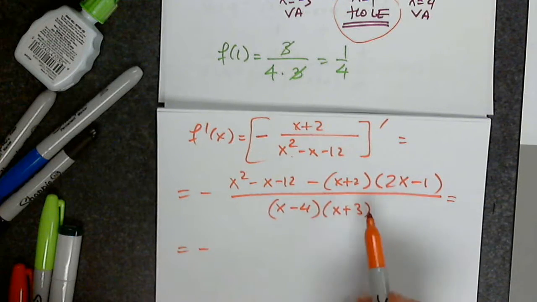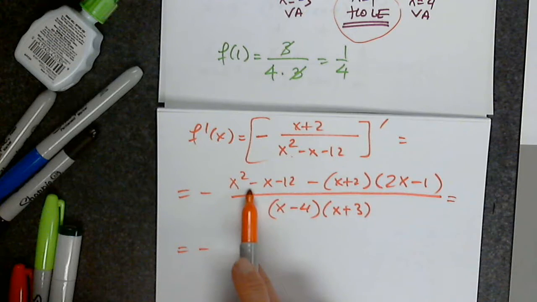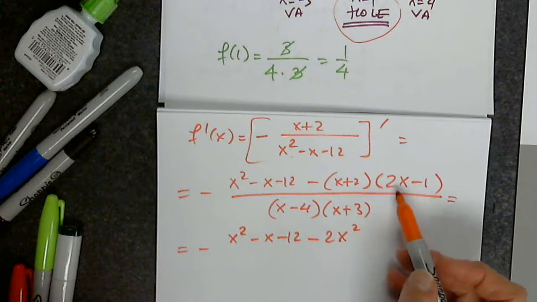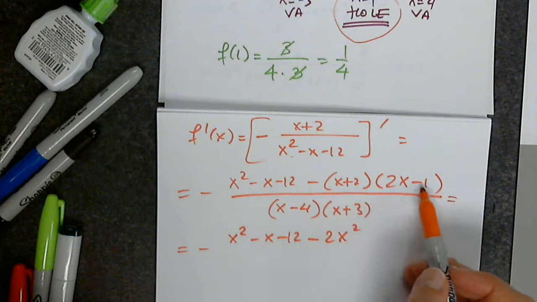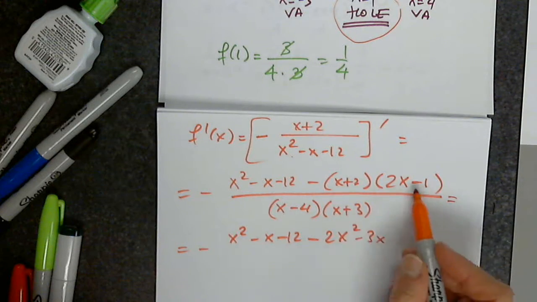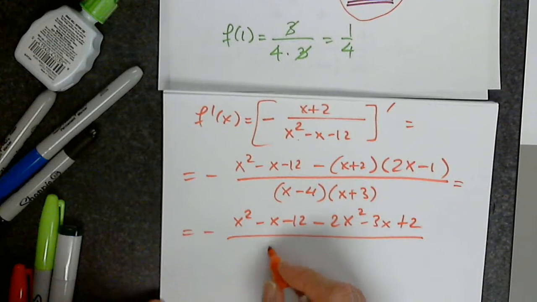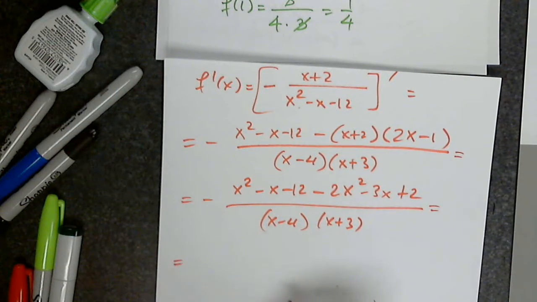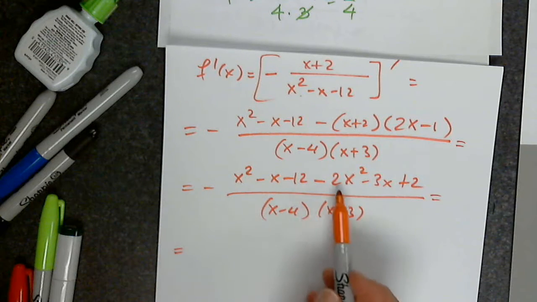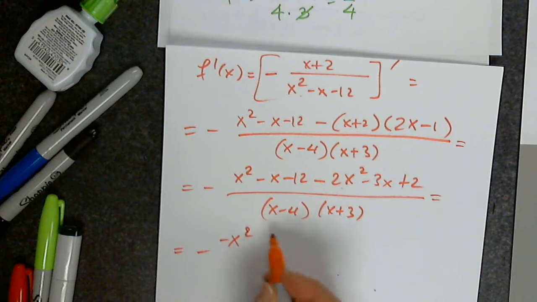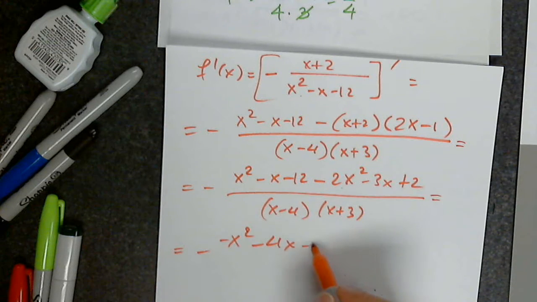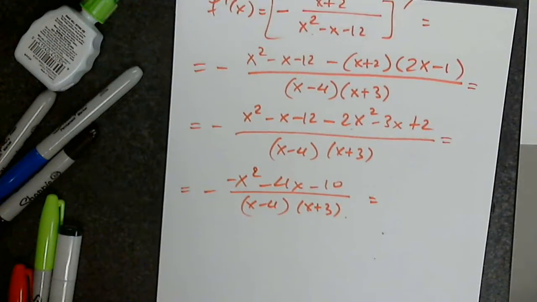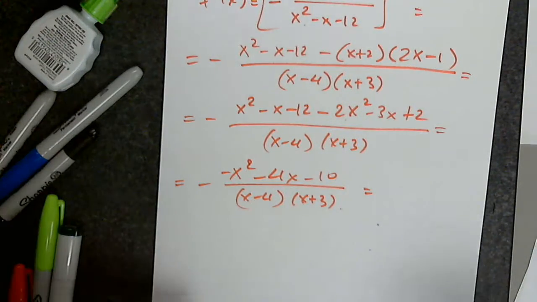Good. So then I have minus. I can't factor out anything, so I have to distribute. Squared minus x minus 12 minus 2x squared. This is minus 4x, no, positive 4x minus x, so 3x, negative 3x, negative 2, positive 2. I made up the problem, so that's why it's going to be messy. I didn't do anything before that, no calculation. So this is negative x squared, and this is minus 4x, and this is minus 10 divided by x minus 4, x plus 3. These problems are determined in the book. They're determined so that they are not super